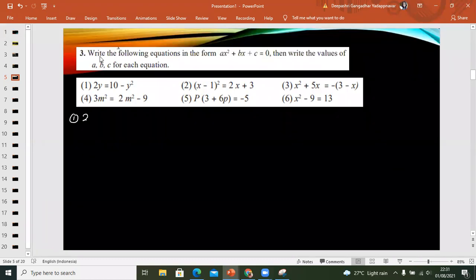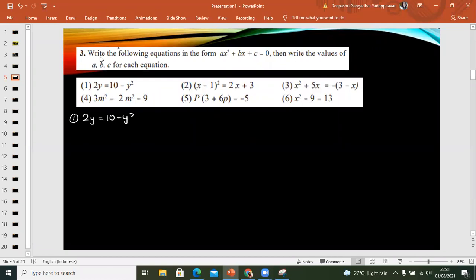First question here is 2y equal 10 minus y square. Let us write it in the form of quadratic equation first. Negative y square, I will bring it to the left, it will become positive y square. This is positive 2y, 10 will become negative 10 equals 0. This is a proper quadratic equation. Coefficient in front of y square is the a value, so a value here is 1. B value is in the middle, that is 2, and c value is negative 10. We should not forget the sign. If it is plus, it is okay if you don't write plus, but if it is a negative sign, you have to mention that negative sign with the number.